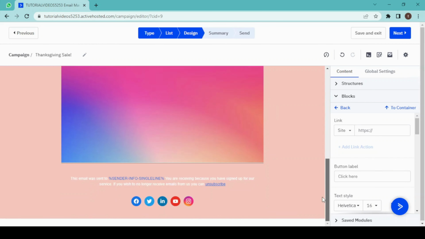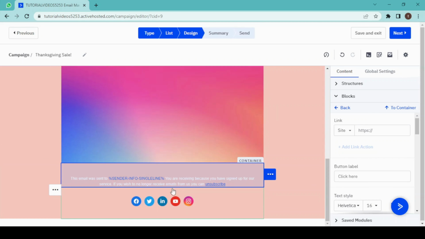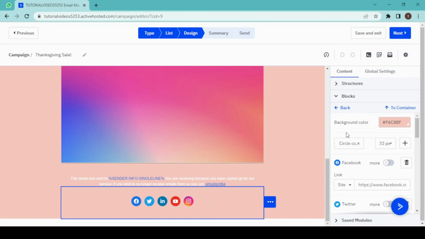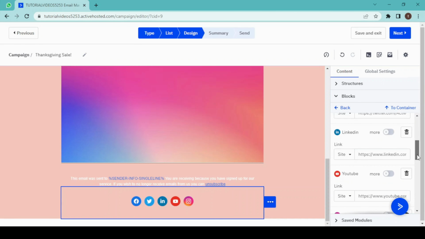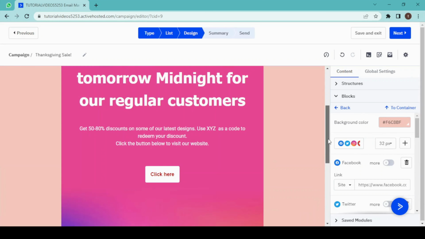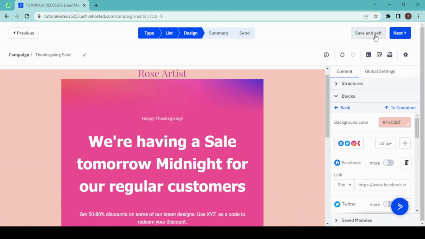And then this is our footer where all of our social media links are there. So just click on it, and this window will appear, and embed all of your social media links here. So once we are done designing this template, just save and exit. And if you want to do it at the moment, so go to next step,